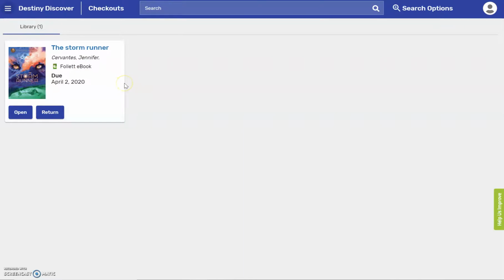If you decide that you no longer want this book, please go ahead and return it. We have tons of students that are going to now be checking out ebooks and audiobooks. It's not really fair if you have a book checked out that's just sitting there and you're not reading it. Okay, make those available for other people. So if you decide that you don't want this book, all you have to do is click return and it'll